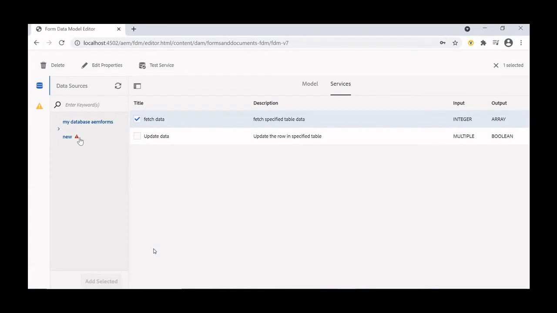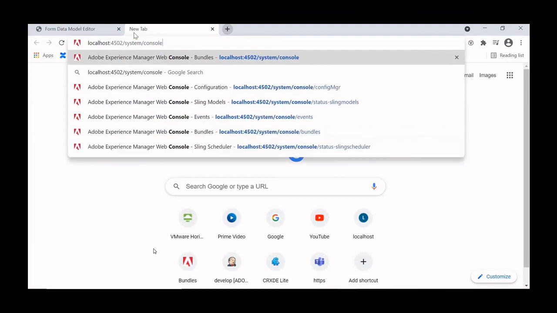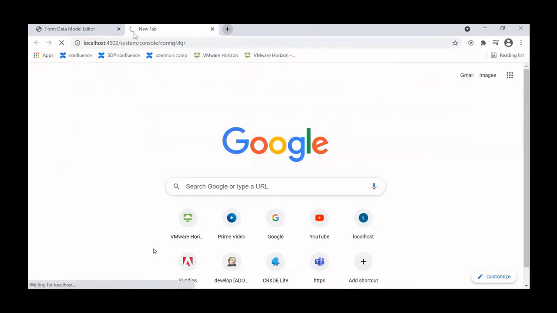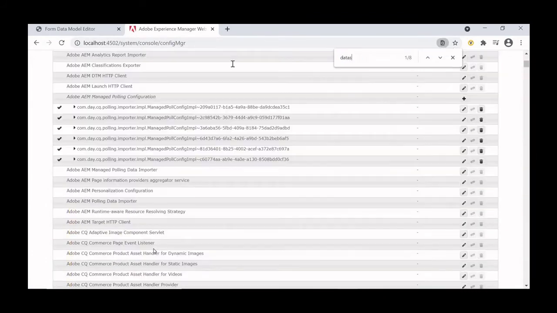I have shared one video on this. If we see this type of issue, maybe when we restarted AEM, or there was some change done in the database, or when we refresh the data source, we get this error. The resolution is to go to the configuration manager and search for data source.